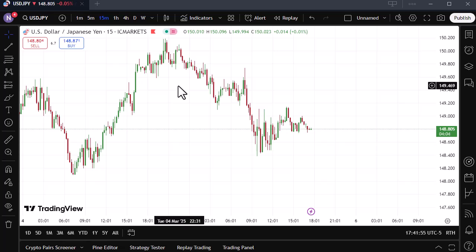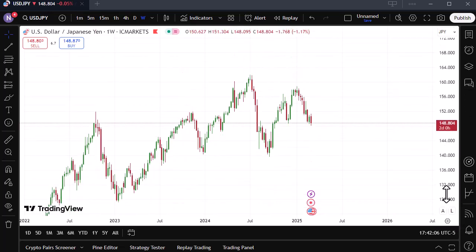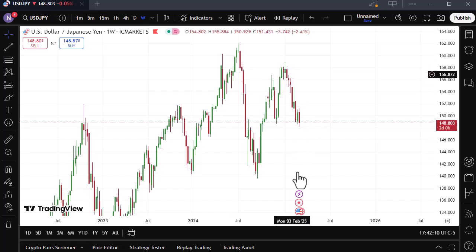Let's start by analyzing the weekly chart. Okay, we go to the weekly chart. Here at the weekly, the major trend was down. Last week we had a bullish run. This green candle going up, but